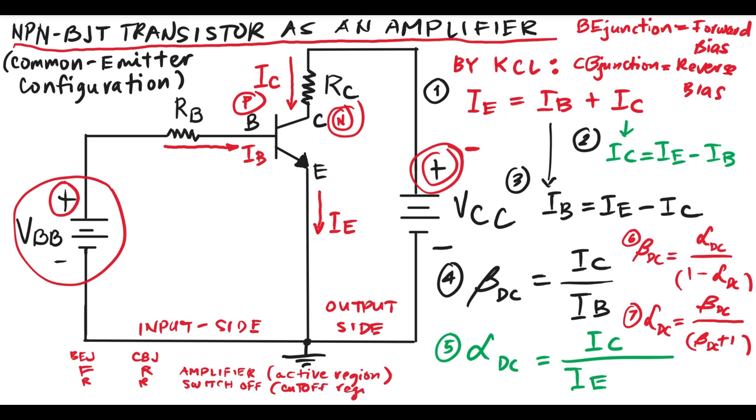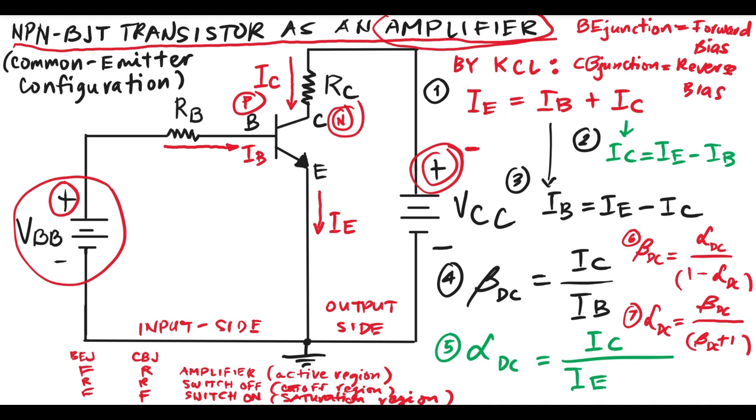And lastly, if you connect the base emitter junction in forward bias and the collector base junction in forward bias, the NPN BJT will work like a switch, but in the switch on position, and that is operating in the saturation region. But because our topic is about making the transistor work like an amplifier, this is how it is connected properly. So again, let's summarize.